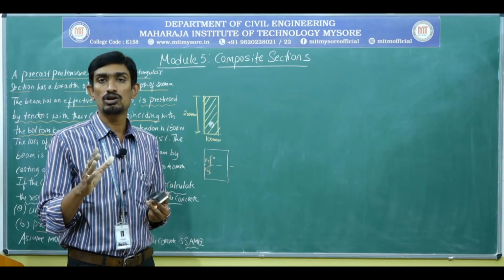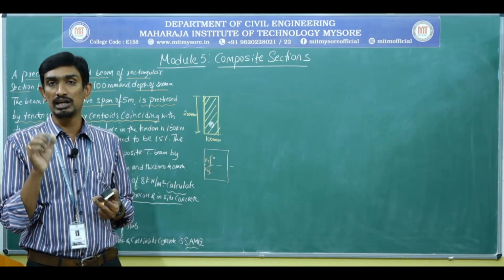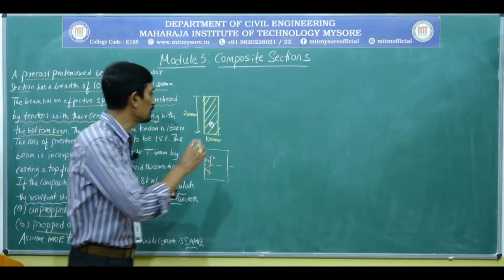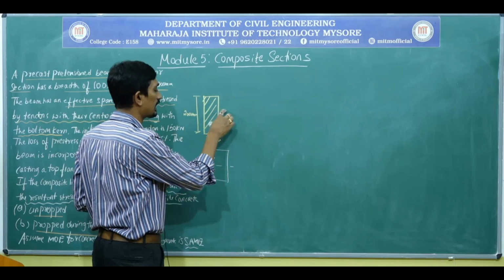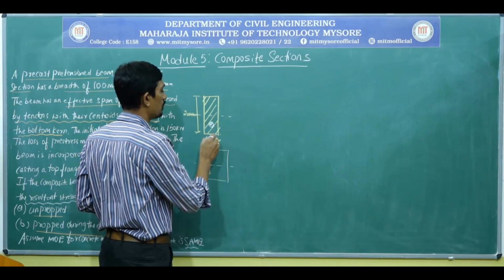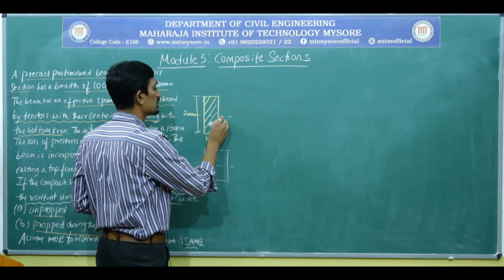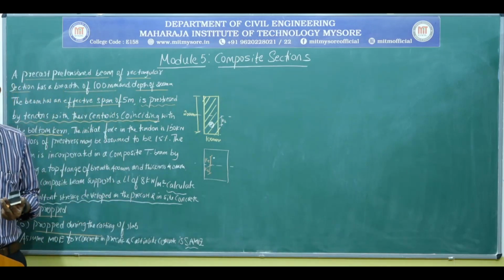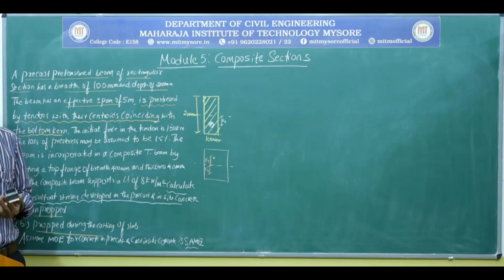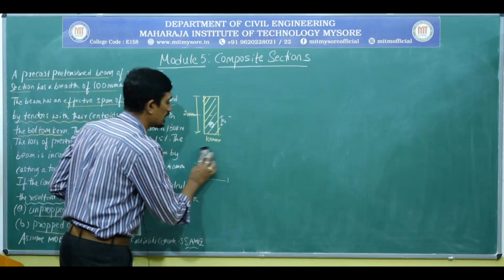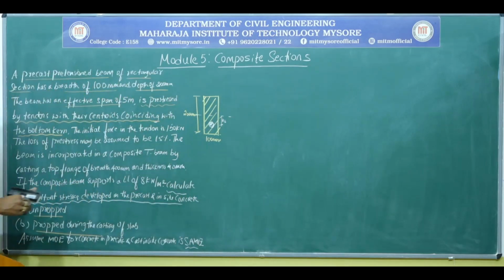Please note down the bottom kern, that means KB will come here, from the centroidal axis up to this point. This particular distance I can call KB, the bottom kern point. Did you get my point? I am going to write down the bottom kern point distance later. That is the condition that has been given, and it is very, very important.